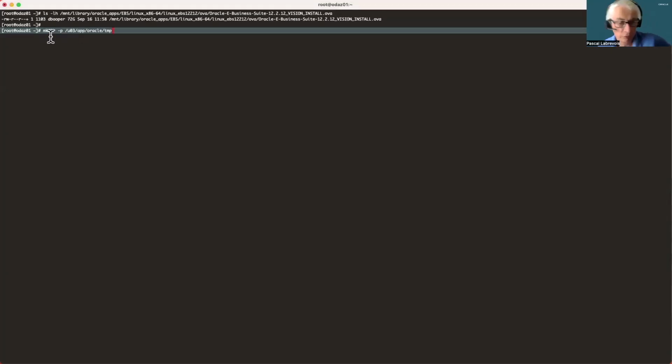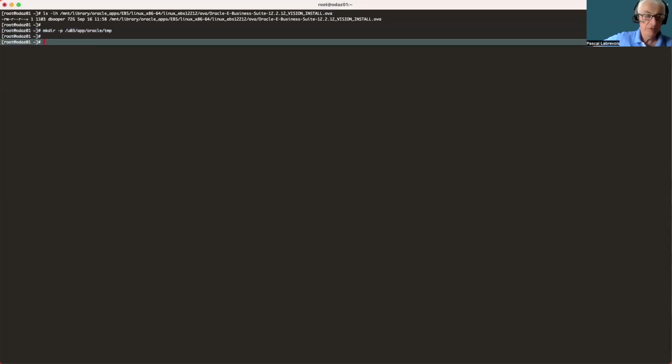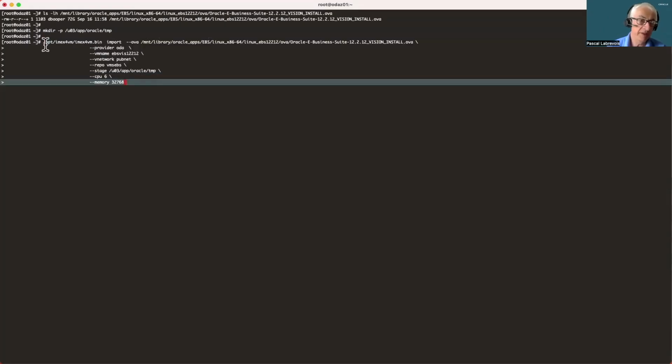So I'm going first to create a temporary directory. By default, the tool uses /tmp as a temp directory, but it is too small, so I'm going to create a new temp directory in a user directory. And we now run the IMX for VM command with the import keyword. I specify the OVA file that is going to hold the EBS demo environment.